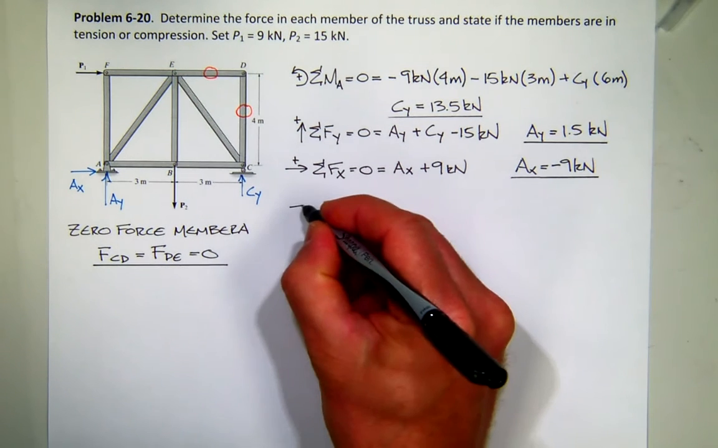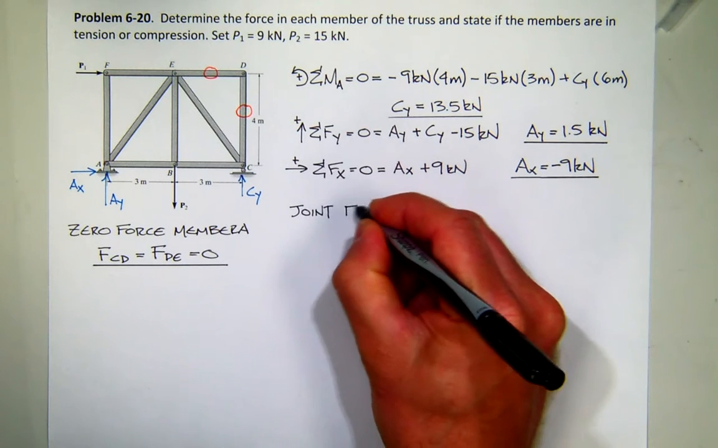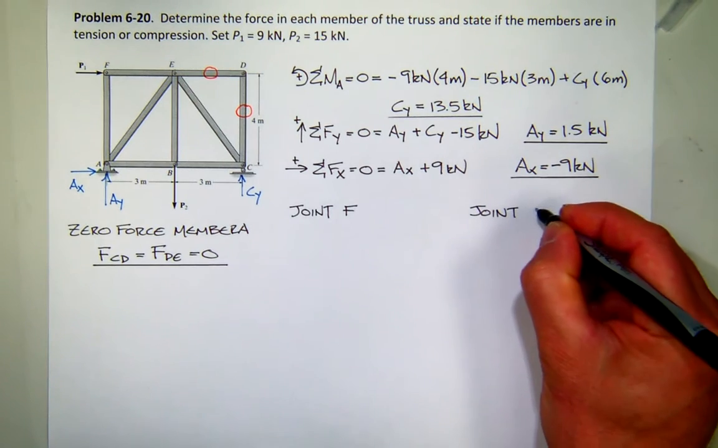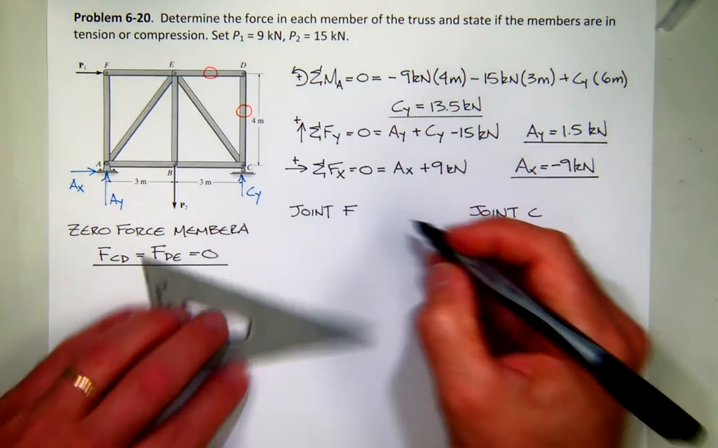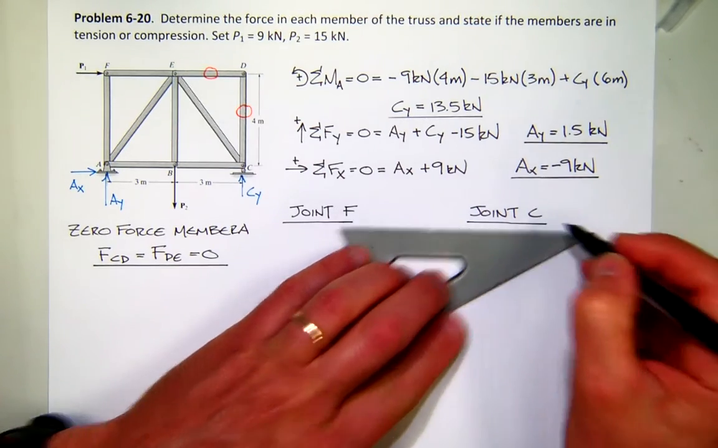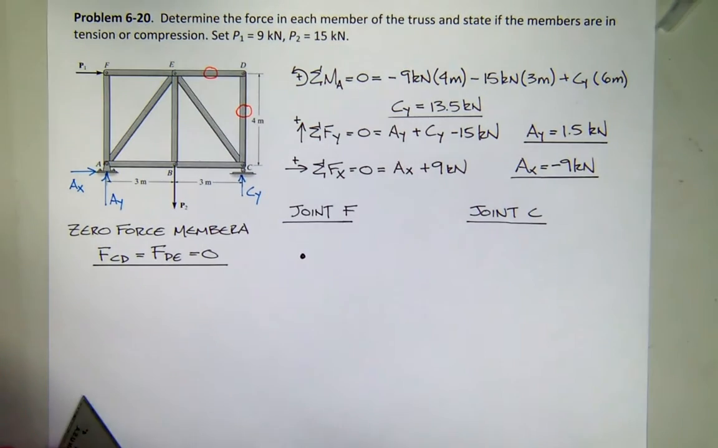So at this point, you could go either to joint F or to joint C. So I'm kind of doing them in parallel because they're not connected. You can do these independent of each other. So if I were going to joint F,